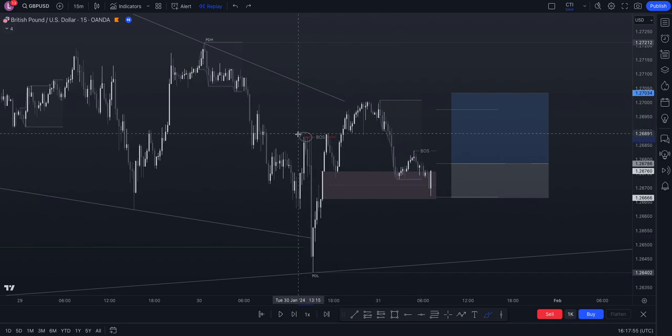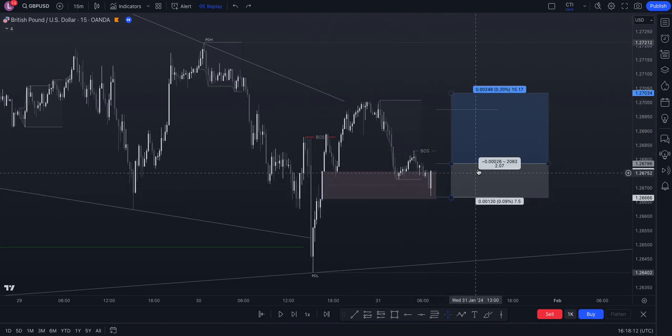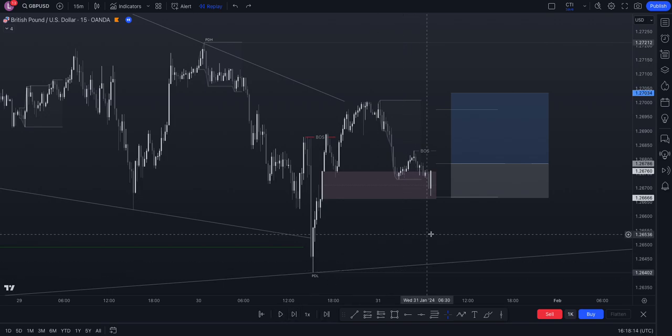So we had a breaker structure here on the 15-minute, and this is on the Tuesday. After that, I wanted to see a pullback into the discount areas, fill out this imbalance here, and then get a second breaker structure for the entry. So if I play price forward,